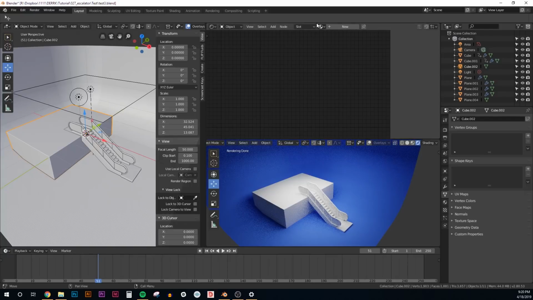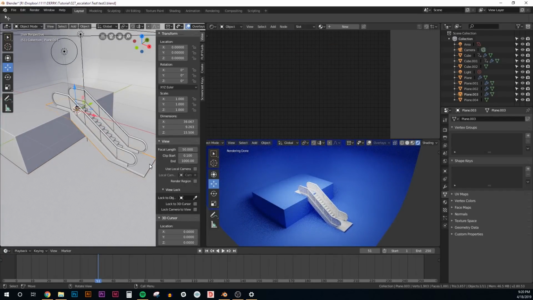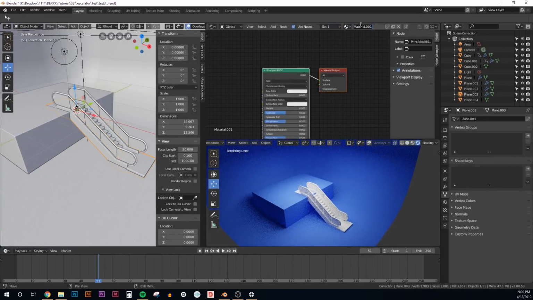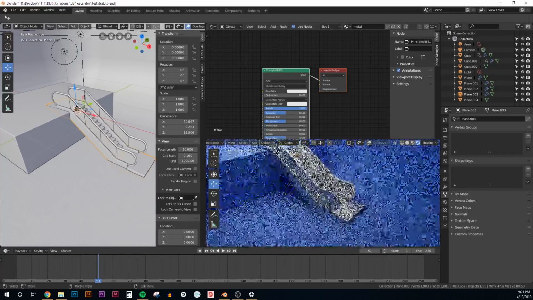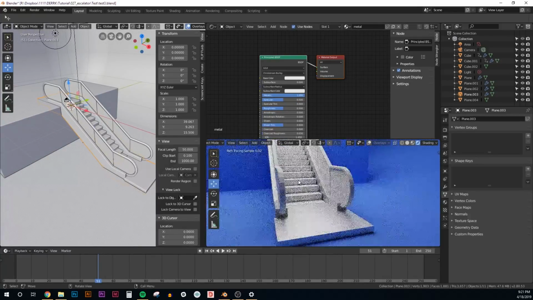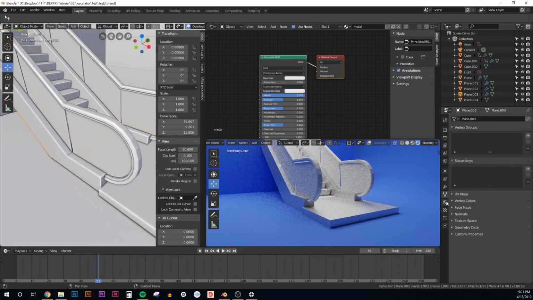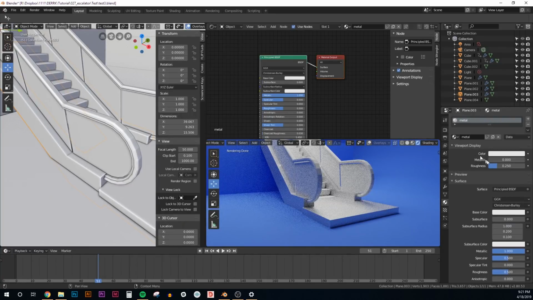Maybe we make the second floor the same color. This, might as well do a little bit of a metal material. Let's name this one metal. Drag the metallic up. Just kind of seeing how this is gonna look. Not too shabby. And so that we can kind of see what we're doing, let's go into our viewport display over here.